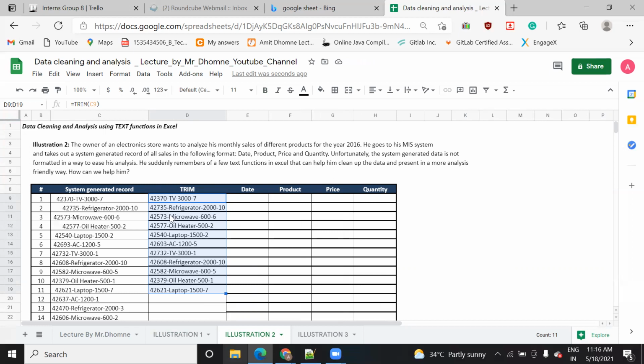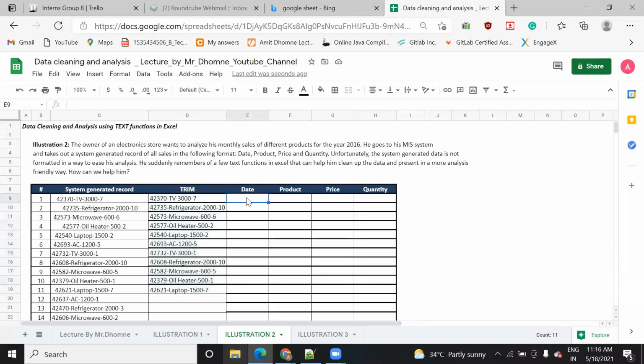Now the next thing is how you can find the hyphen and how you can divide this data into date, product, price, and quantity. In order to do that, you need to apply the find function in order to find the hyphen. We're going to find the hyphen in this string, and we will divide this string into separate date, product, price, and quantity.